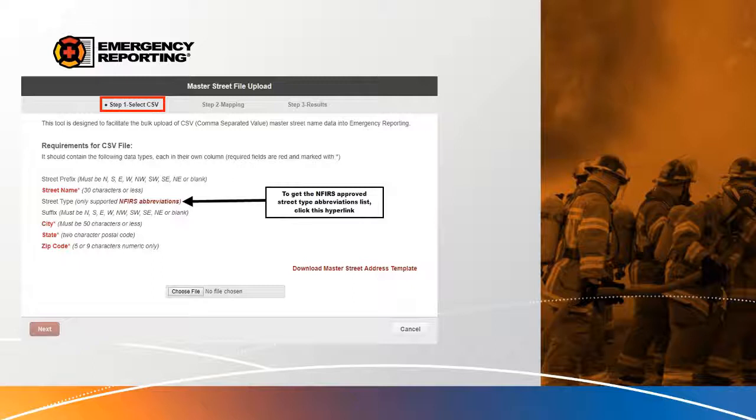So if you're typing in an address for an incident or hydrant or an occupancy, it'll basically give you a pre-fill option. It will basically try to predict the address of what you're looking for. That way, if you type in the street number and start typing in the street name, it will give you options and suggestions. And then once you click on the correct street name, it will autofill the city, state, and zip. So customers do find that helpful.